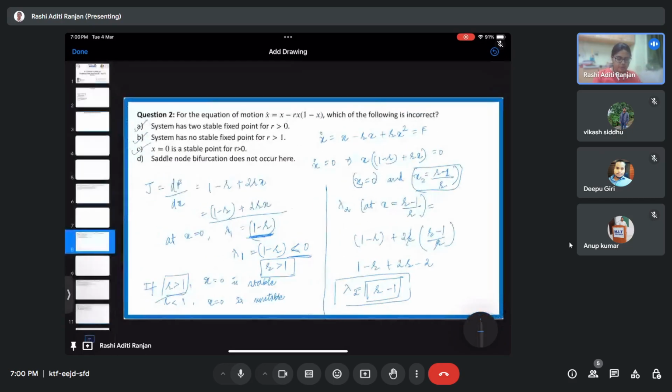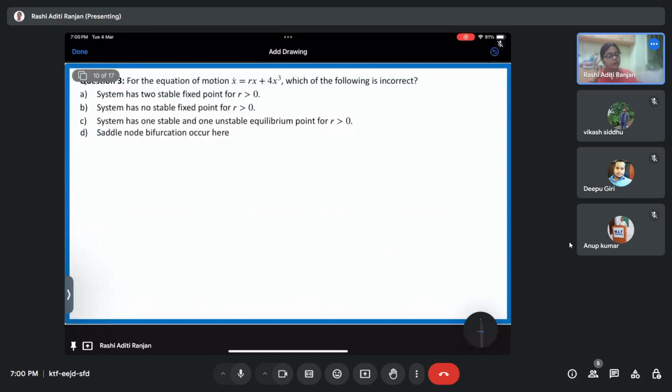Okay, coming on to the third question. For the equation of motion, which of the following is incorrect? Again, doing the same thing which we have been doing since the last two questions. First, we'll find out the fixed points. How? We'll put this equal to 0. We'll take x as common. So we'll have r plus 4x squared equals 0. So the first fixed point is going to be 0. And for the second, x squared is going to be minus r by 4, which implies x is going to be